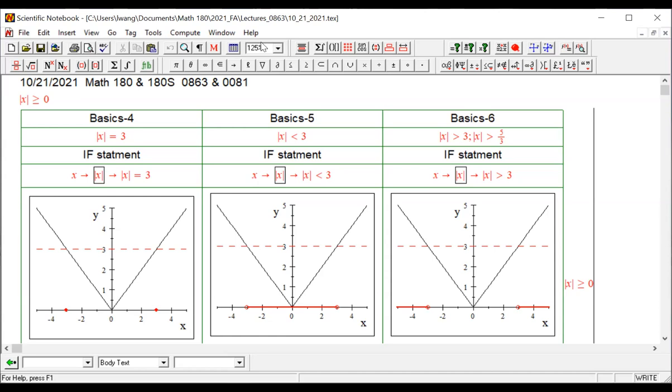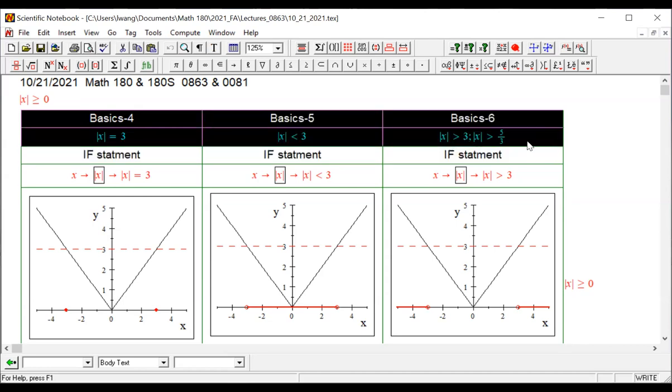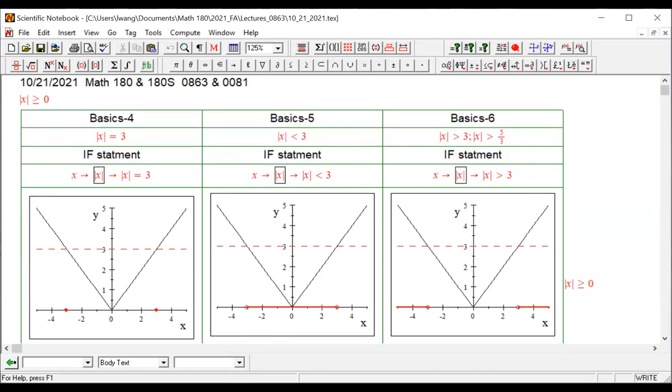Okay, if that's the case, I'm going to continue. So I'm going to assume that you guys are reviewing for the midterm well and smoothly so far so good. And so what we've done yesterday is we have covered basic 4, 5, 6, right? So these are classified into these 3 types. And also the expression that we wrote here, this statement here,